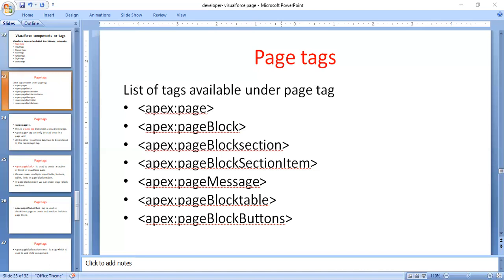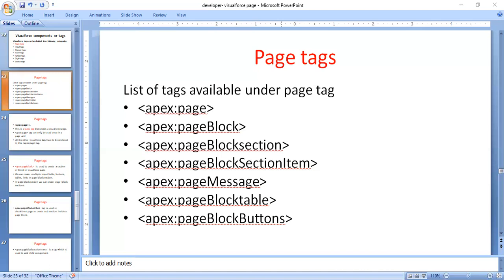You want to represent the button at the bottom and top, so you will write this button under here. If you write this button under here, you will see the save button appear.